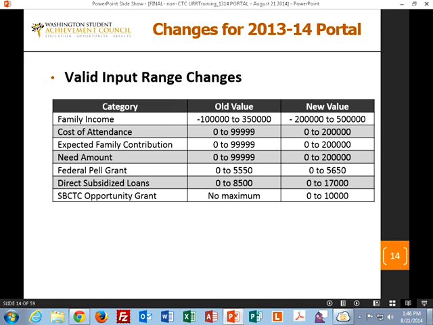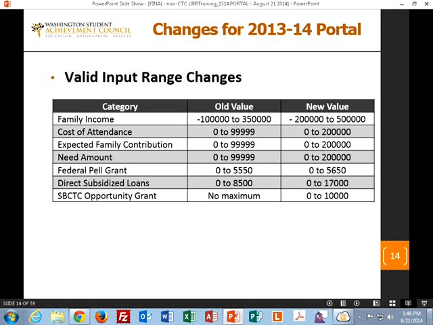So we're certainly not encouraging high cost of attendance like that, but we're making it easier for schools to get data through there. And so to accommodate for that, we really needed to also increase the expected family contribution and need amount to go up to those amounts too, in case that were to happen, so that all the values could be reported at those high levels.